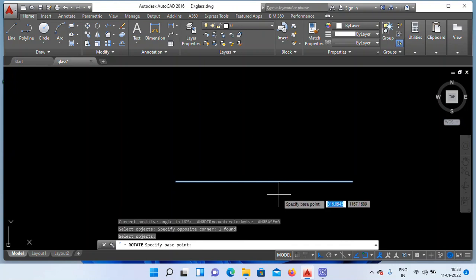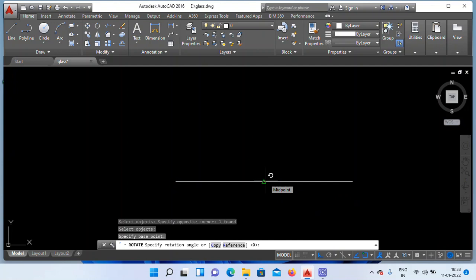Click on the mid of the object here. Right. Type the present angle of this object. Present angle is 0, so enter 0, enter.